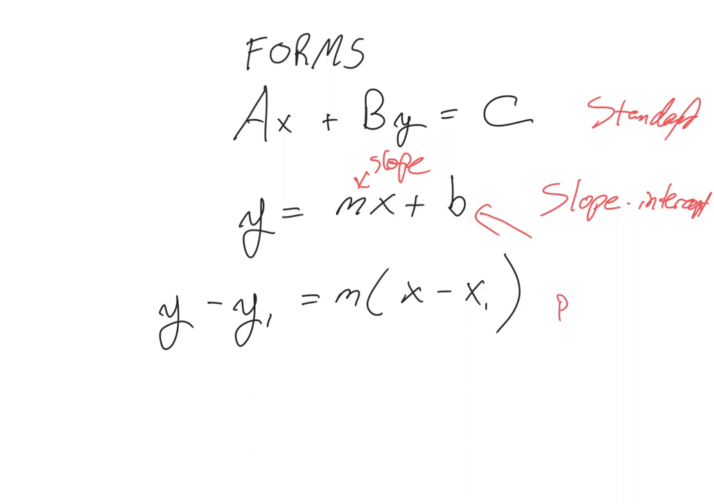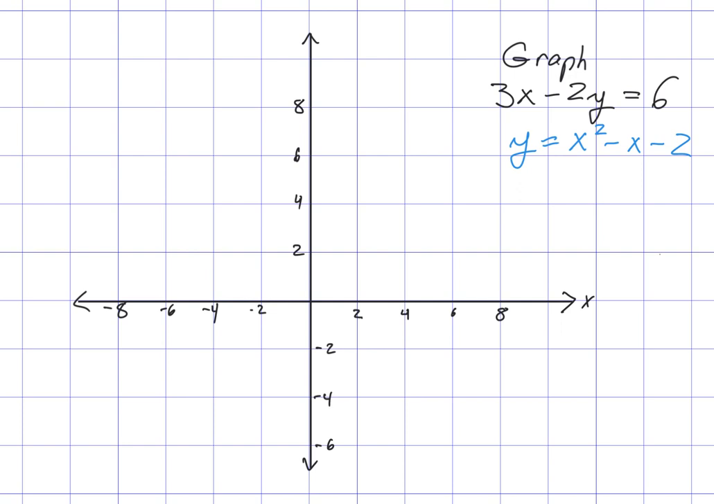And this last one's called point-slope form. So standard form, slope-intercept form, point-slope form. We're going to go ahead and graph these two equations. We'll start with the first equation, which is the one that we had in a previous slide, which is a